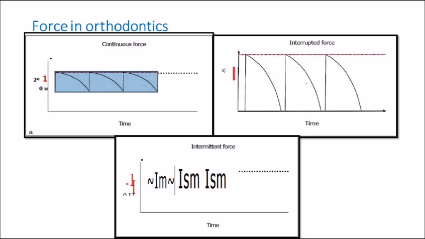Whenever you ask a child to wear a headgear for 10 to 12 hours continuously, during that time one force is being applied which gradually gets reduced, but then upon the removal of the appliance that force is not there for a time period, and after that when the patient puts on the headgear or chin cup again, that force is activated from the beginning, and then it gradually gets reduced. Again there is a period during which there is no force acting on the person. So it's the extraoral appliances that are worn during a particular period. That's an example for interrupted forces.